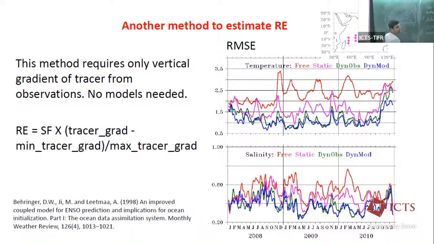So you have a temperature profile like this. This is your vertical direction z, and this is the value of the temperature. So all you have to do is estimate your vertical gradient of temperature at each location along the curve. Okay? And this expression is going to give you your representation error, multiplied by a scaling factor.